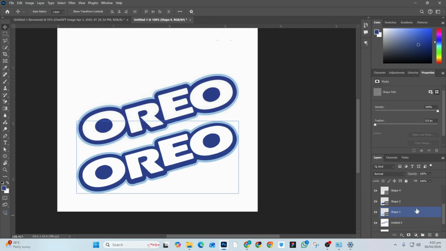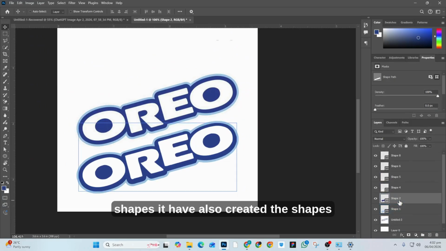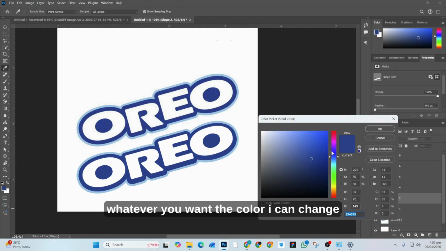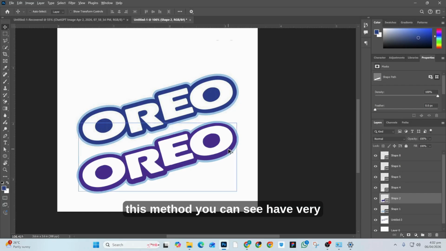And in the layers panel you can also see the shapes. It has also created the shapes, and you can change the color to whatever you want. I can change it like this. So this method, you can see, has very